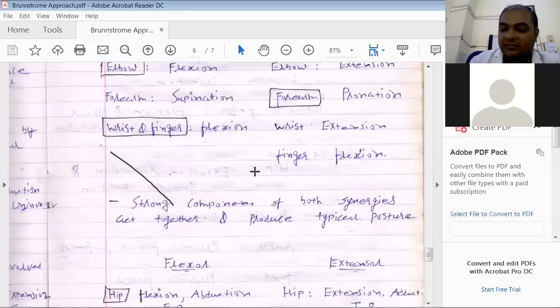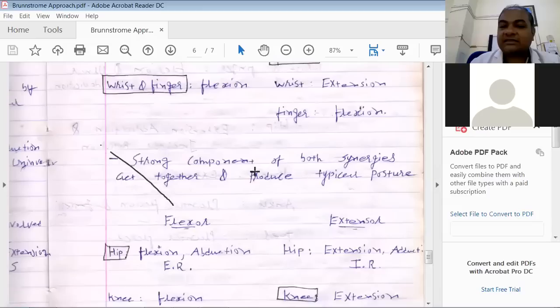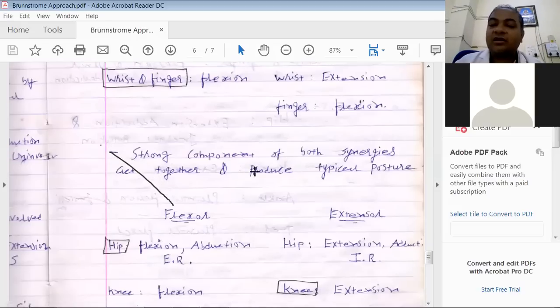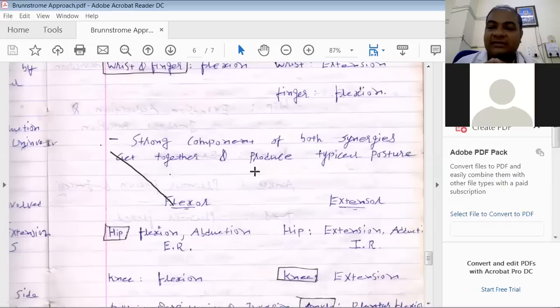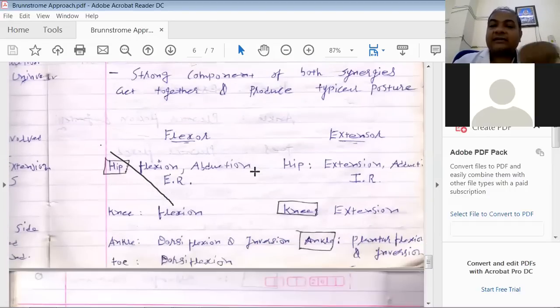Now you know, no hemiplegic patient will have only one pure synergy. Hemiplegic patients will have the mixed synergy. Okay, what is a mixed synergy? The strong components of both the synergies act together and produce a typical posture in the hemiplegic patient. Very few patients will be found in a pure synergy; they mostly have this pattern. So what is this pattern? It is a combination of both synergies. Right, that is called the stronger components of both the synergies, which produce a typical posture of the hemiplegic. Okay, that is his shoulder adduction,